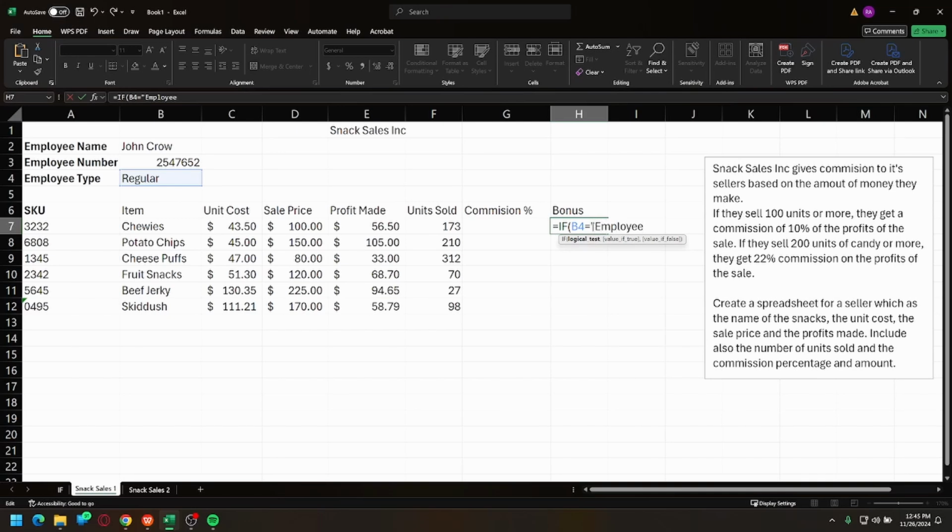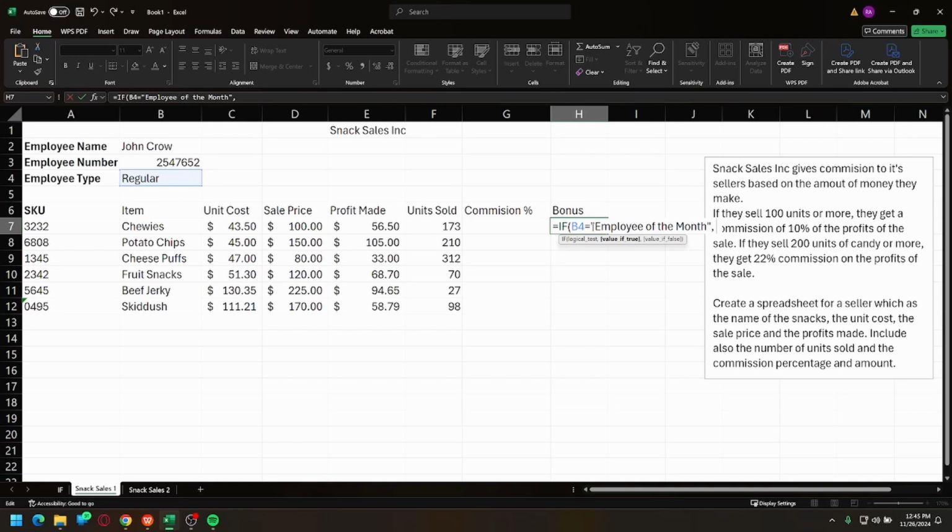employee of the month, and you have to be careful. It has to be case sensitive. You have to put exactly that in the proper case, meaning where you have uppercase E for employee and uppercase M for month, when you're typing it inside your employee type, it has to be the same one. So we're checking if this, which is B4, is equal to employee of the month, then they're going to get